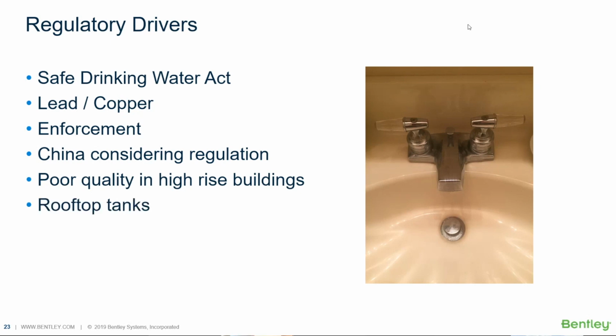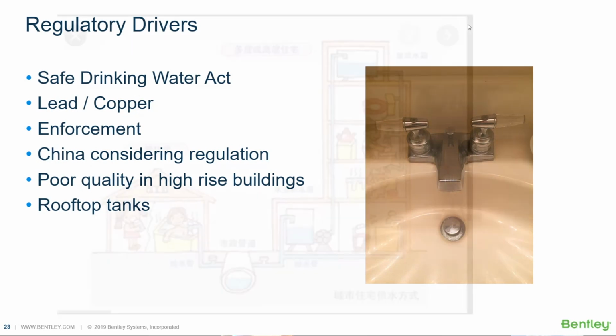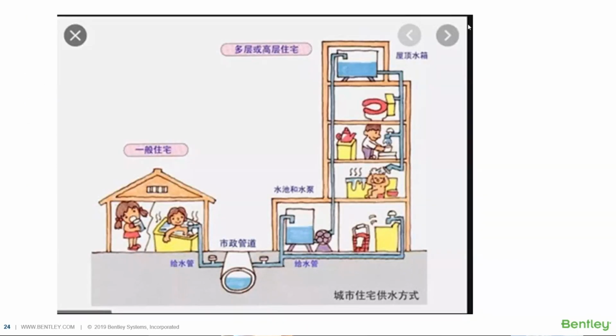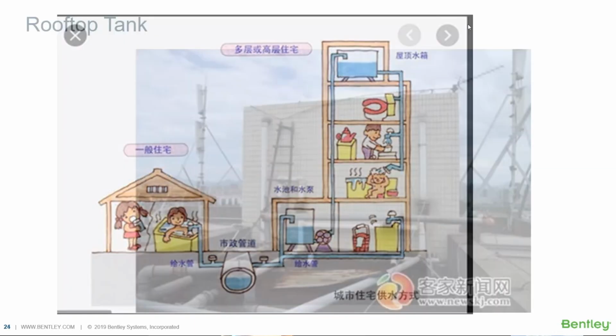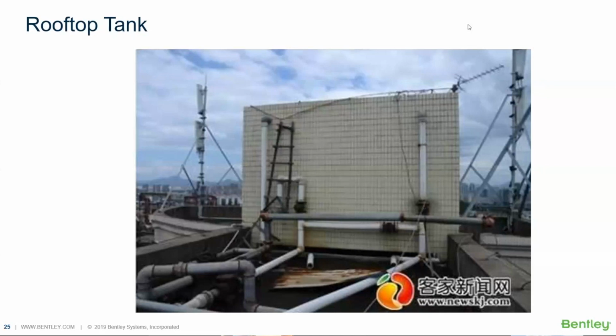And in some of these buildings, in the old days, their buildings always had rooftop tanks because the water supply was not reliable. And now China has become much more modern, and they have very reliable supplies, but they still keep the rooftop tanks. And this is a place where the water quality can deteriorate. Here's just an example from one of the presentations we saw from China about what the building looks like. It's kind of a cute drawing I thought I'd share with you. I mean, this cute drawing really does look like this in reality. So it's a lot messier, the system.